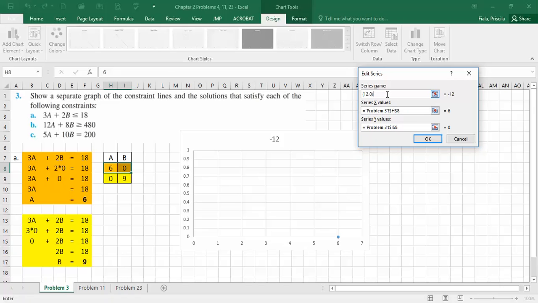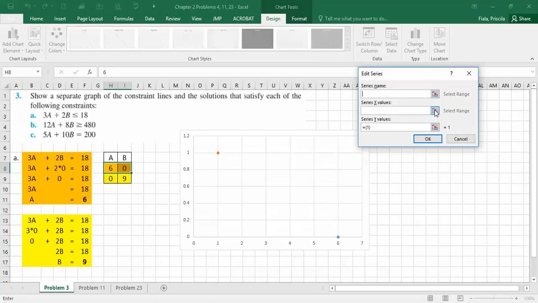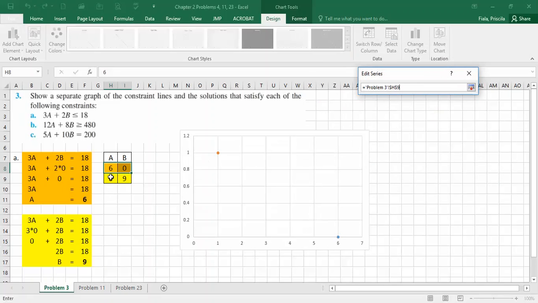Let me go ahead and delete this. Okay. So now, here's my point. When B right here is 0, my A is 6. This is my A, this is my B, okay? So now I'm gonna add a second one where when my A is 0,